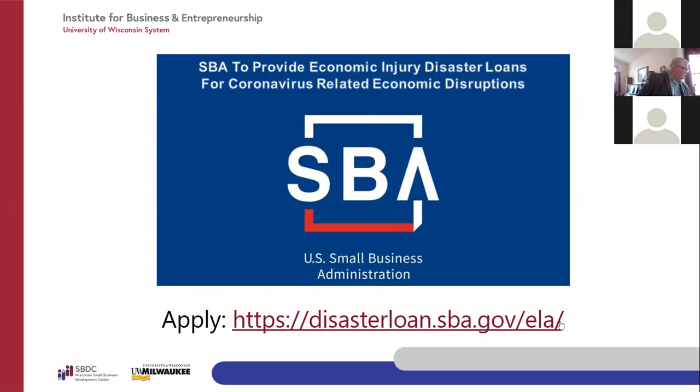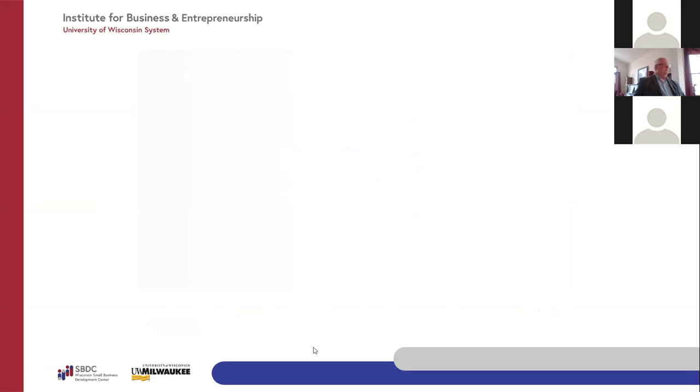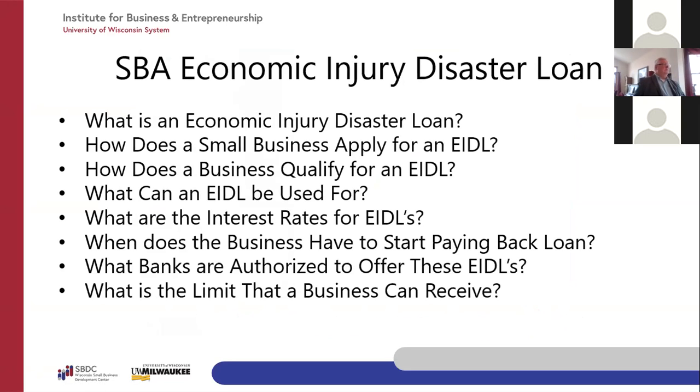So to go through some of this, if you want to apply for the Economic Injury Disaster Loan, you can go straight to the SBA's website on this portal, and it does take you directly to that program. The disaster loan was the first program that was announced. It's administered directly by the SBA, so you apply on their portal. One of the loan officers or program administrators out of the processing center will contact the applicant directly to go through their application.